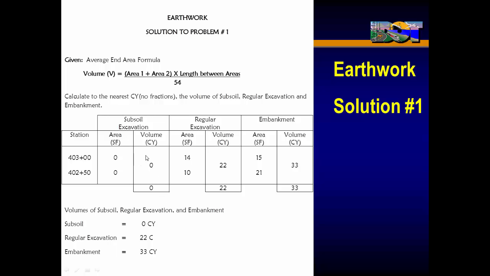So there's nothing complicated about earthwork problems. If you see more problems in here, just remember to go through the steps. Use your scratch paper to go through and calculate each step. If there was another station in here, say 403, then we would be calculating out this end area with an end area on 403. Nothing real complicated about this. It's easy to do. And then, of course, remember, subsoil plus embankment is going to equal your final embankment. You need to remember that. Subsoil plus your embankment is going to equal your final embankment related to this